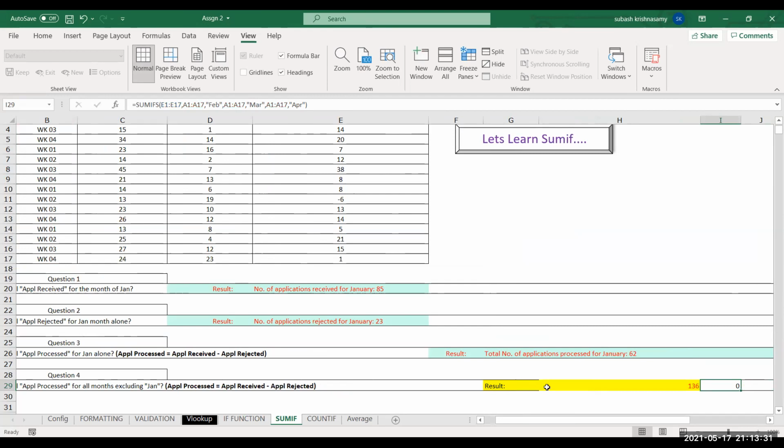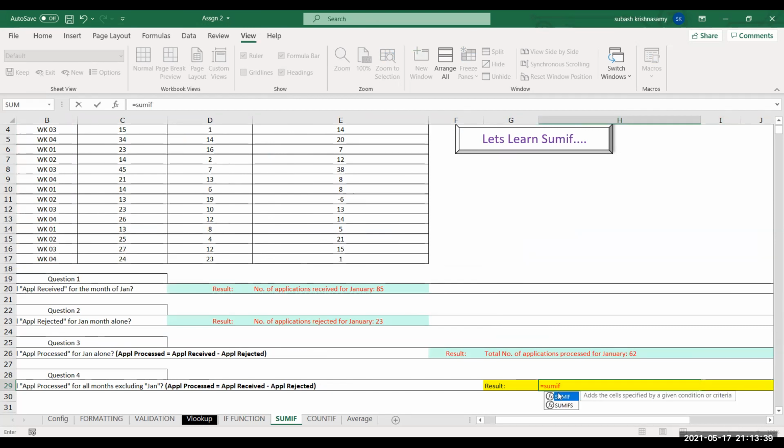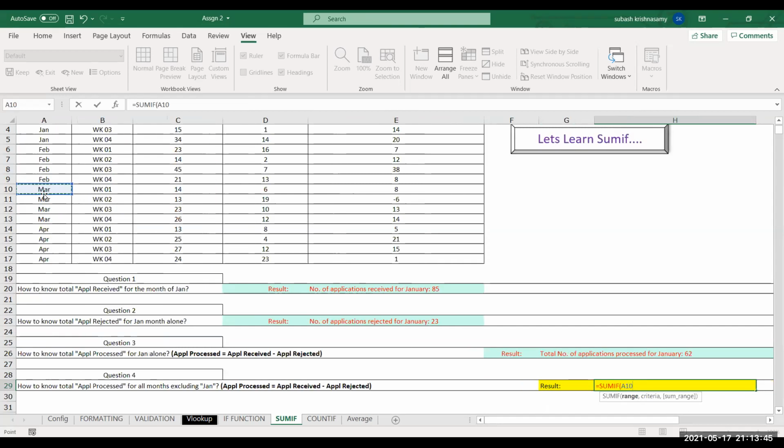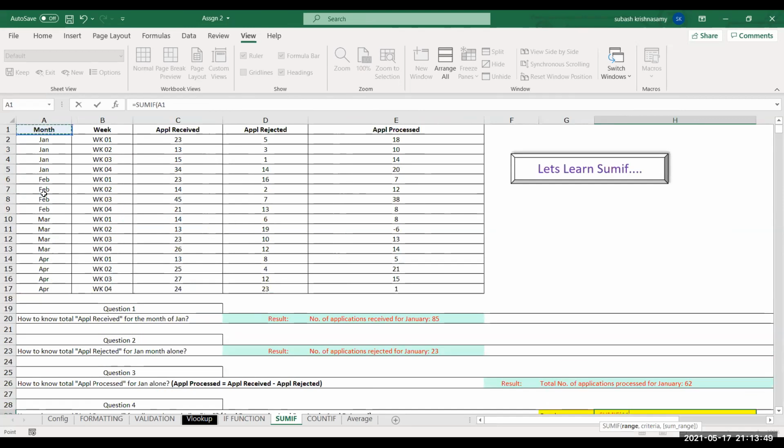We can do it in an easier way. If you say SUMIF, and my range is this, comma, the criteria is not equal to Jan.